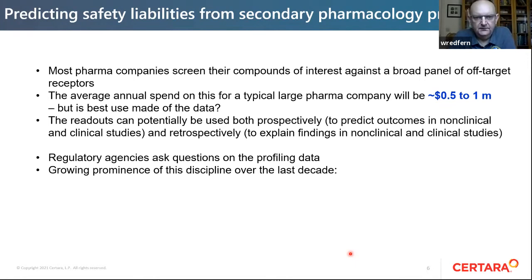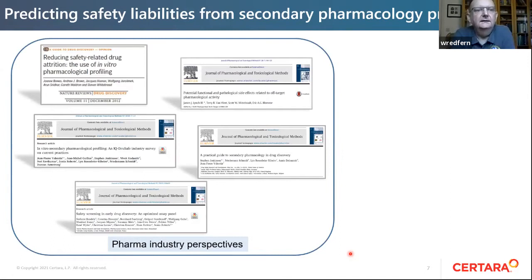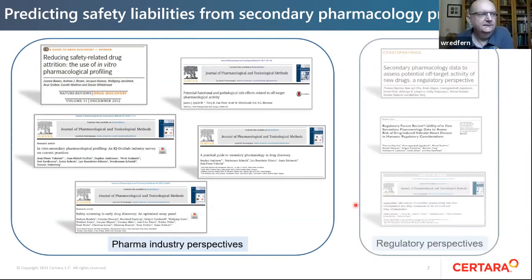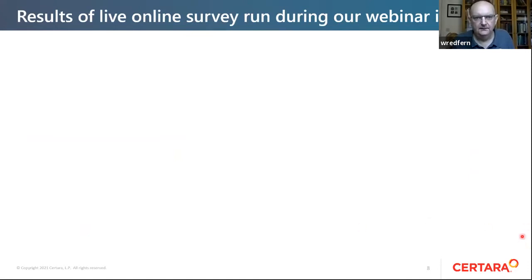Regulatory agencies ask questions on the profiling data, and there's been a growing prominence of this discipline over the last decade. So these are some of the papers, review articles from pharma. There's a couple here that were from single companies. So this one from AbbVie, and also this fairly recent one from Roche. And the others are intercompany review articles. And also from regulatory agencies, including one that's in press in JPTM, which is well worth a read. So certainly the effort going in by opinion leaders in the field shows this is really an important part of our armory in safety pharmacology. When we gave a webinar on secondary intelligence in July, we ran a live survey, and